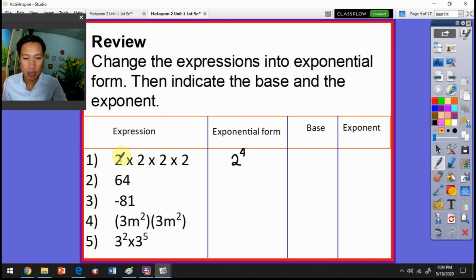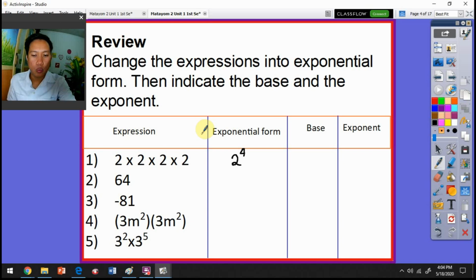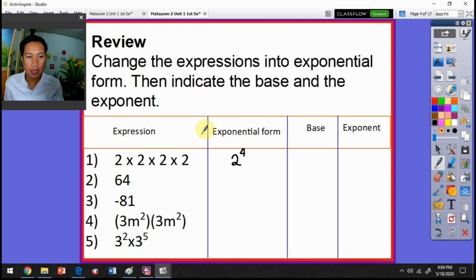It repeats 4 times, so it will be 2 to the power of 4. We remember that we write the exponent first, before writing the base, so that we will know what its base is. Sometimes, like for example in number 3,